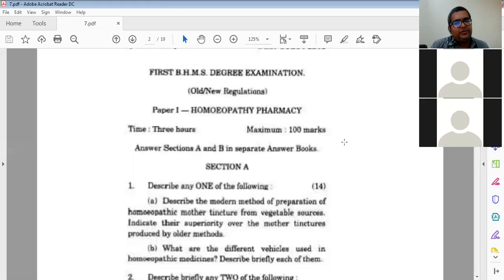So here you have to write like a history. In the old method of preparation there are 9 classes. The drug strength of different drugs is different, and they are classified according to the quality of medicine or the juice content of the medicine. Then it was very confusing. That's why the European Committee of Homeopathy brought the new method of preparation, where the drug strengths are uniform. So like that you have to write. And just go through the introduction part of the new method. That is the answer to this.